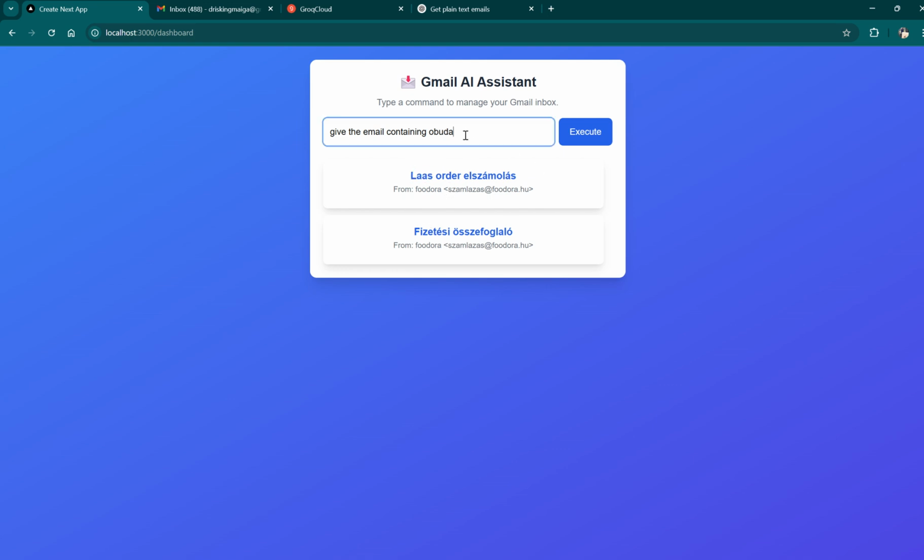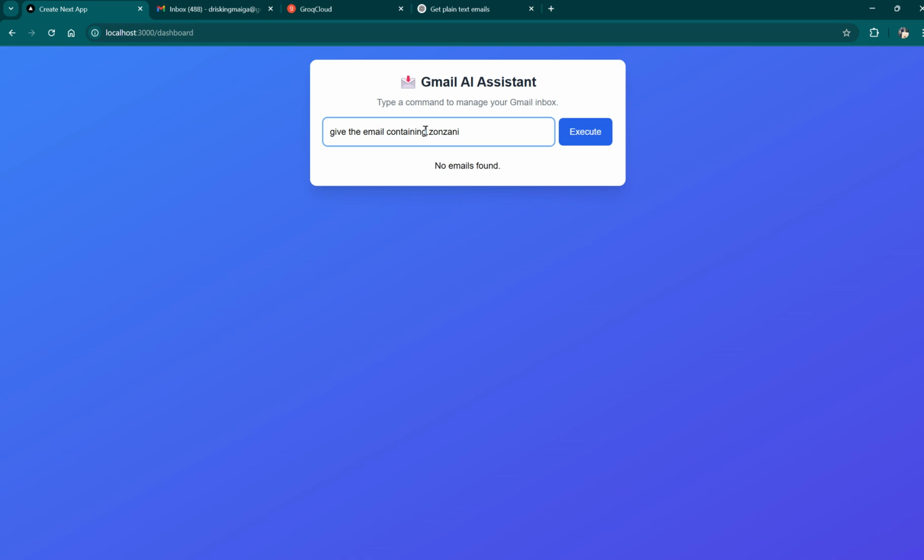Or for example, not delete, because this is a very important email. Maybe containing, that's a better one to delete. I can say give me the email from, for example, even if it's not correct, to say that it's not strongly typed, it's just something that AI will interpret.